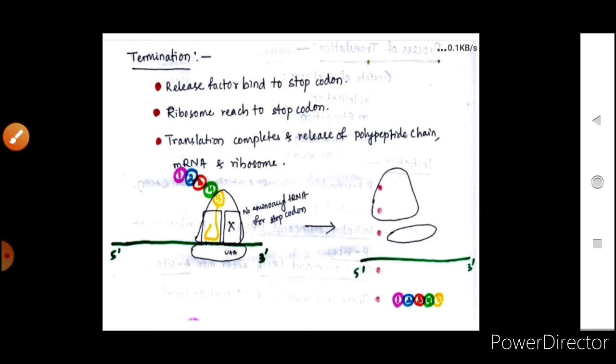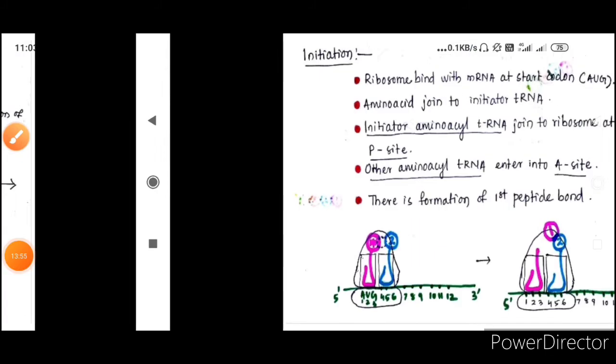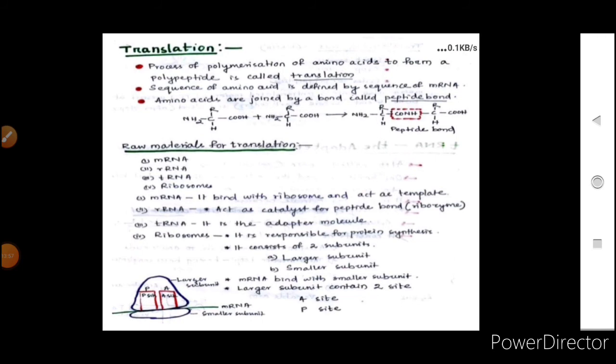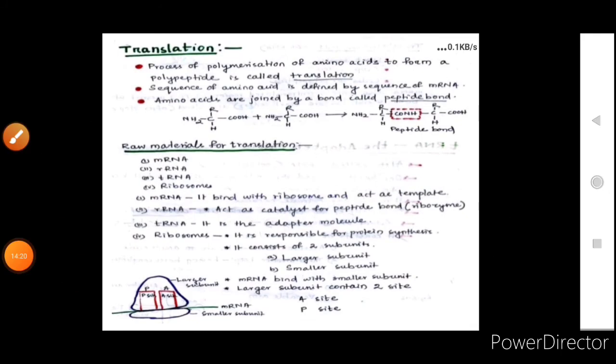Okay, so this was the translation. Once again we will see what were the phases. First, in translation you have to remember certain points which are very important when we study the translation procedure. Okay, and these points you have to remember. Now these UTRs which were present, I told you the UTRs were present, and they were giving specificity to the messenger RNA.